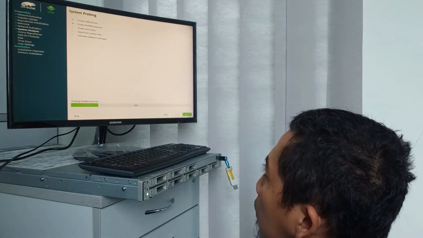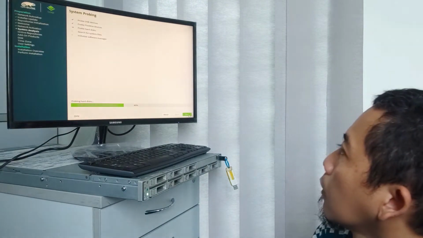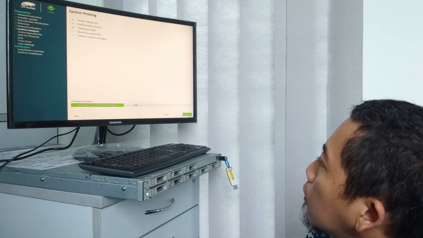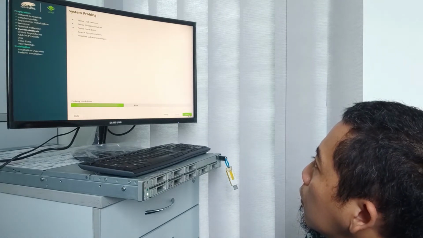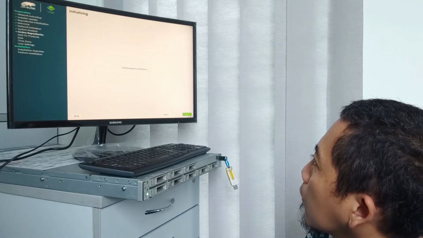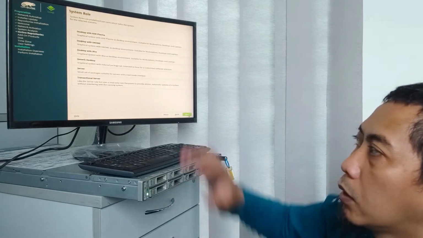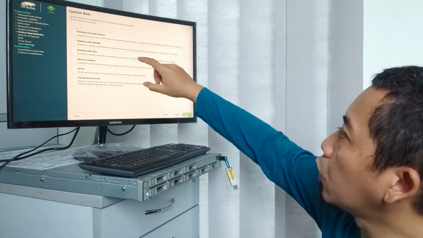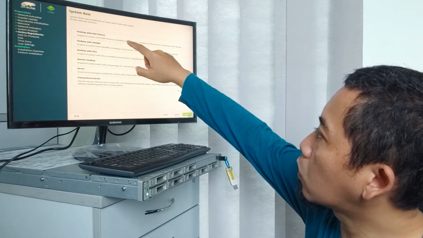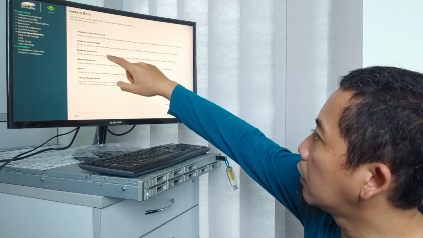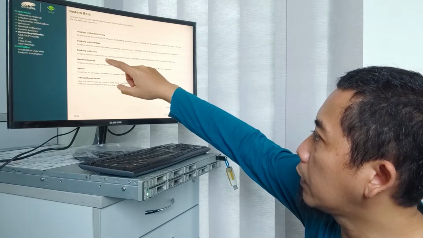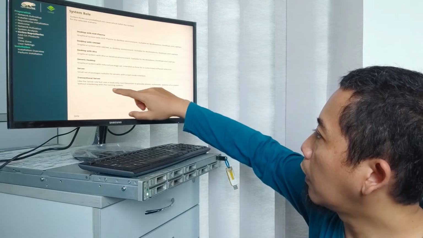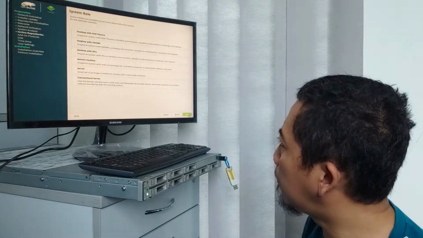Okay. So in this one, there are several choices if you want to install with desktop KDE, desktop GNOME, desktop XFCE, generic desktop, server, and transactional server.